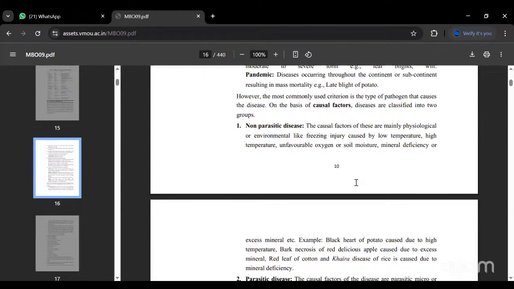Non-parasitic: causal factors of these are mainly physiological or environmental, like freezing injury caused by low temperature. And second,